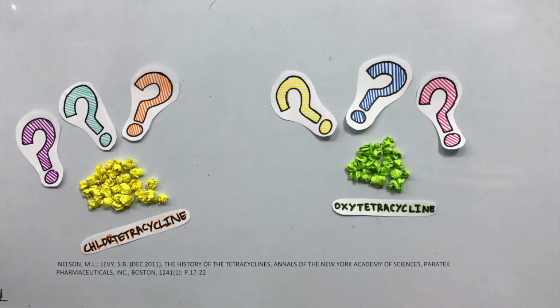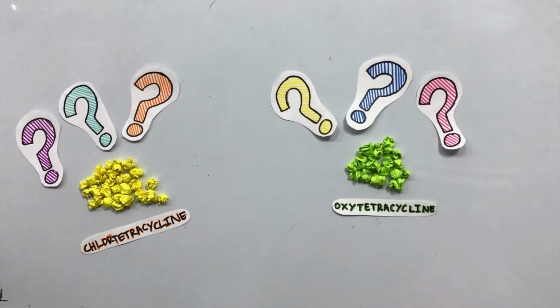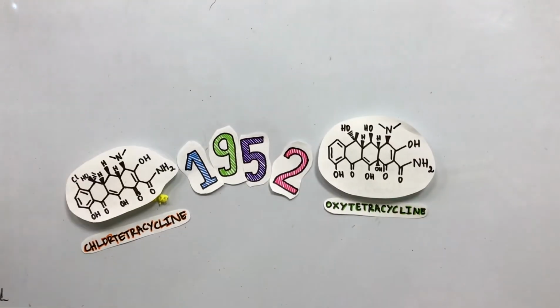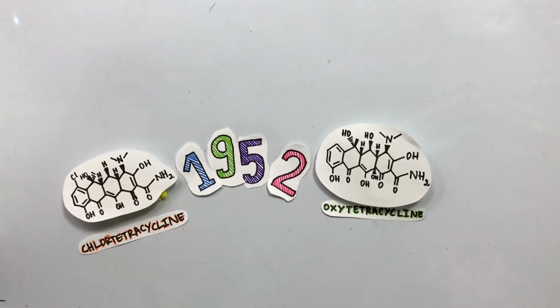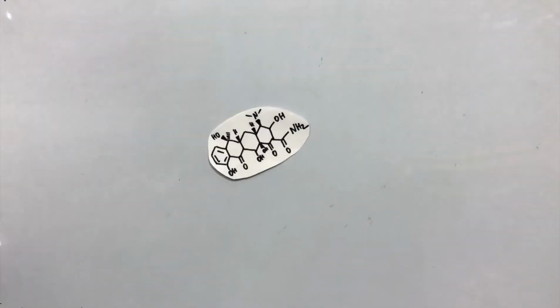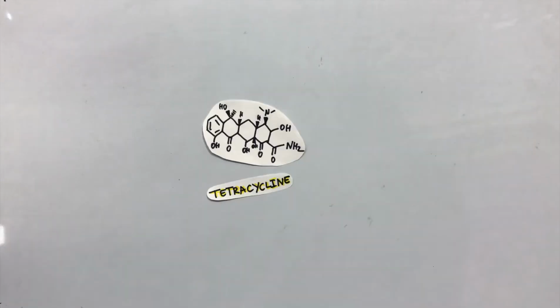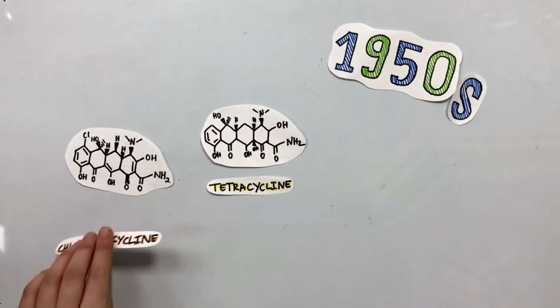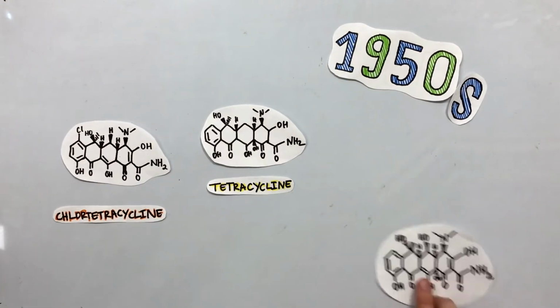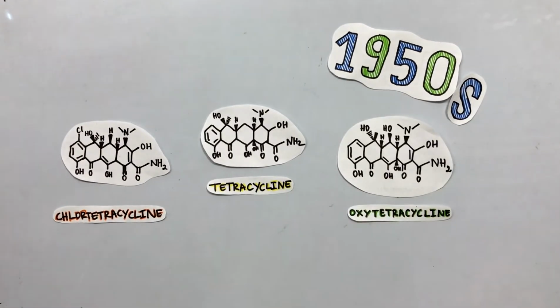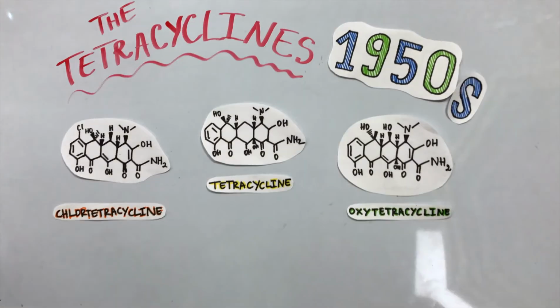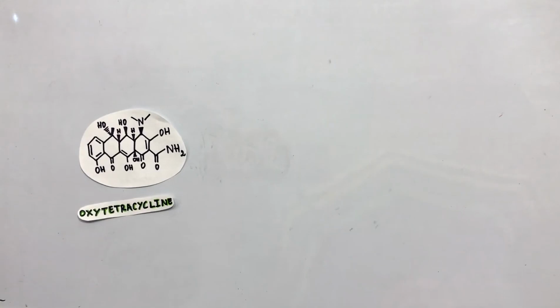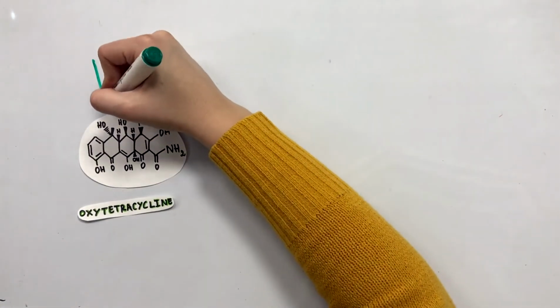The chemical structures of both compounds, however, remained a mystery until 1952, when scientists from Pfizer finally discovered the structures of both drugs. More modifications were made to produce a more active analog called tetracycline. By the mid-1950s, there were then 3 new drugs used clinically: chlorotetracycline, tetracycline, and oxytetracycline, forming a new class of drugs, the tetracyclines. After seeing the success that modifying molecules can bring, Pfizer chemists chose to modify the C-ring of oxytetracycline